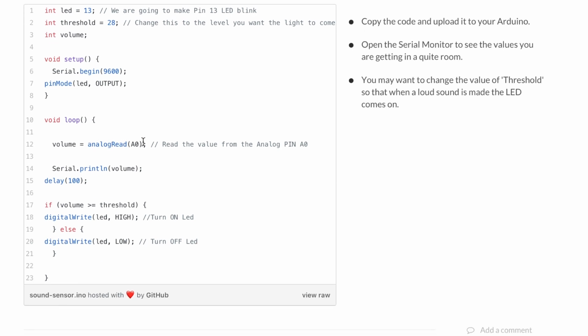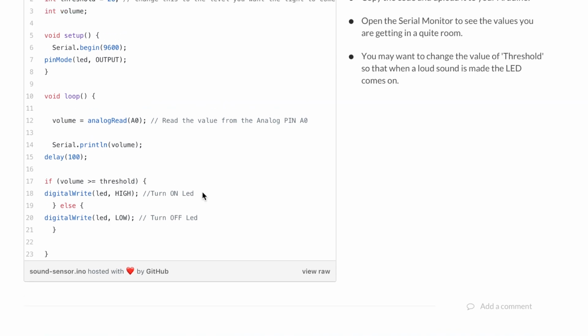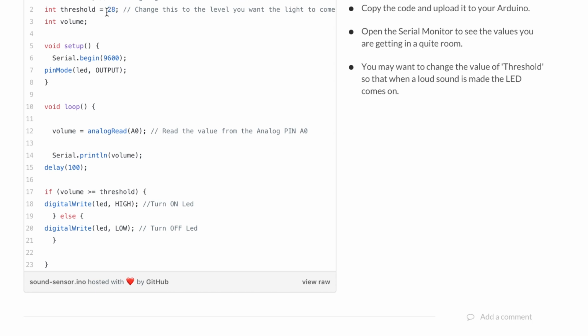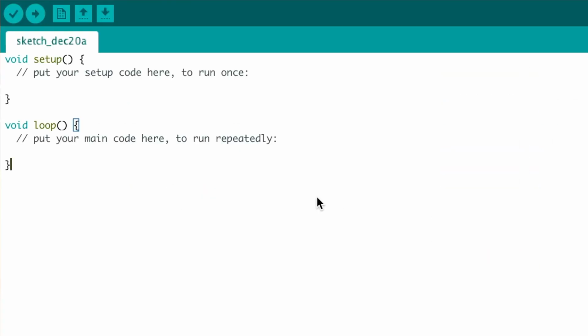Okay, so analog read, it's going to read the value of the microphone, send it to the out connected to analog 0. And it's going to record that value and print it out in the serial monitor with a delay of 100 milliseconds, so pretty quick. Okay, if the volume is greater than the threshold, greater or equal to the threshold, then the LED will turn on, and if the volume doesn't meet the threshold, the LED will turn off. And this is our threshold here, so I'll be able to change that depending on the sort of sounds that we're making. So let's copy, paste this into our Arduino code,